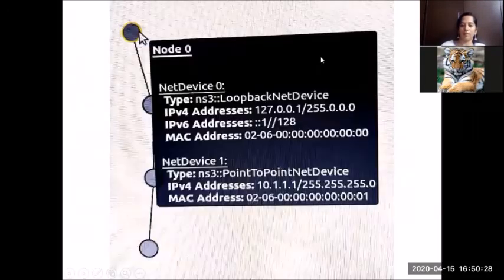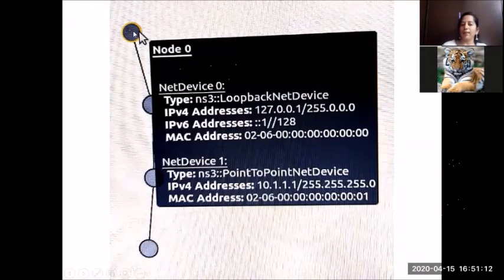Next, I'll show you in the simulation how it looks. See here at node 0, there are two net devices created. The first one is called a loopback net device. We'll not worry about this now. Every node will have a loopback device. It is automatically installed and the install method will take care of installing it. What is the use of the loopback device, we will discuss in theory. And the device we installed, which is of interest to us now, is this net device 1.